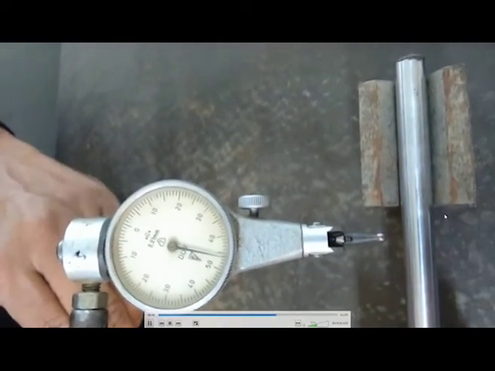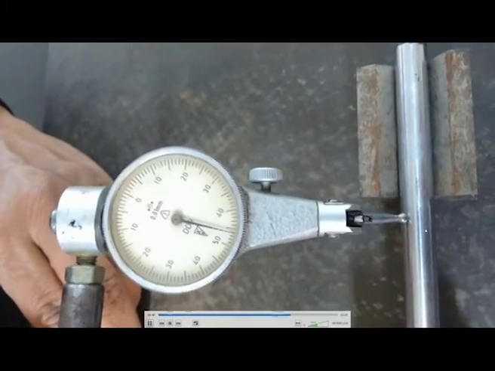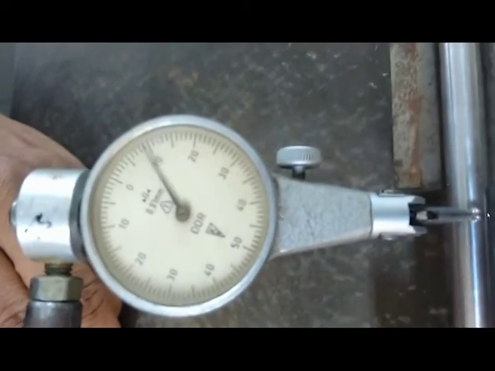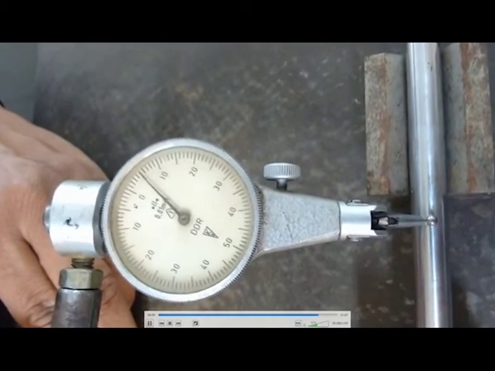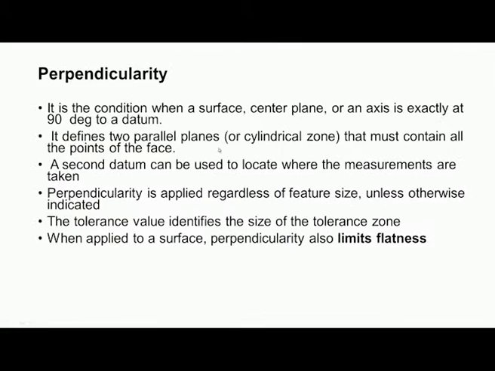Now, you can see using the dial test indicator we are taking the readings. We have to move this stylus over the specimen, and the maximum reading we should take. So, we have to see the maximum reading here, and then we have to take that reading. Now, you can see here it is 0. So, like this at different positions we have to take the readings and then we can find what is the straightness.